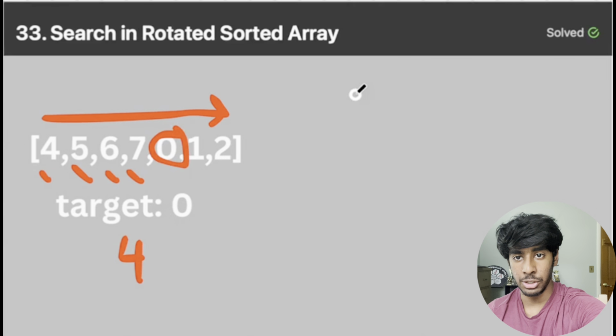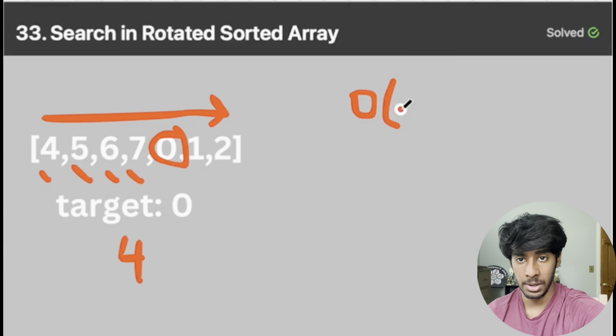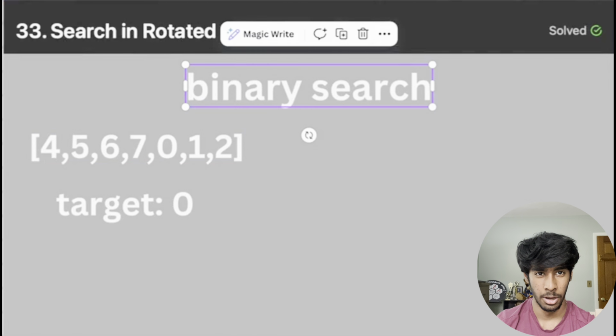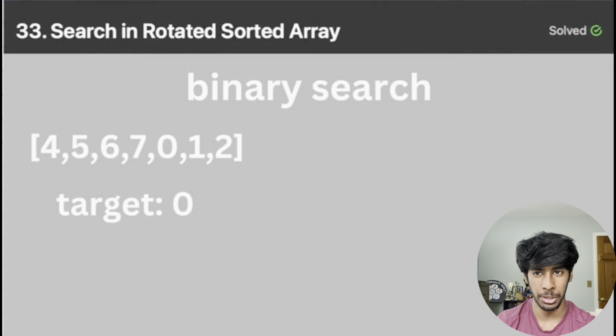This solution is going to be O of n time, and the reason why is because in the worst case scenario, we're going to have to check through each and every element in the list to guarantee that the target value is not anywhere in the array. The obvious inefficiency with the solution is that we don't take advantage of the fact that the array is already